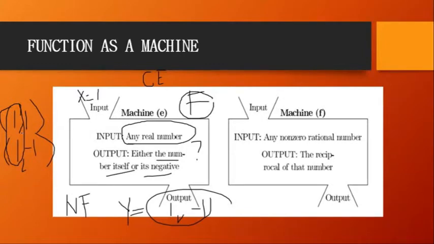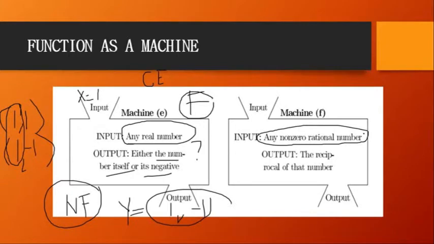Ibig sabihin, proof yun na yung machine E natin is not a function. Okay? Next, machine F. Any non-zero rational number, the reciprocal of that number. Ito alam natin na medyo malawak yung domain. Non-zero rational number starts from 1